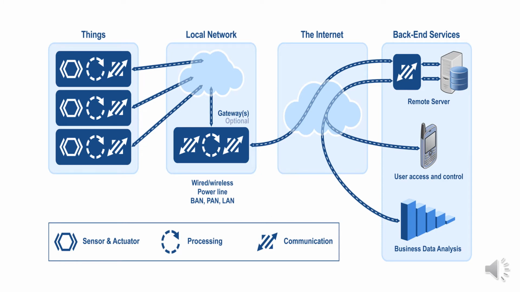First, the most important part of your IoT. A number of things are being connected by the local network. They are connected to the outside world through internet. Then the internet transfers the data to the backend services where you may have certain processing. Then through application the users will interact.